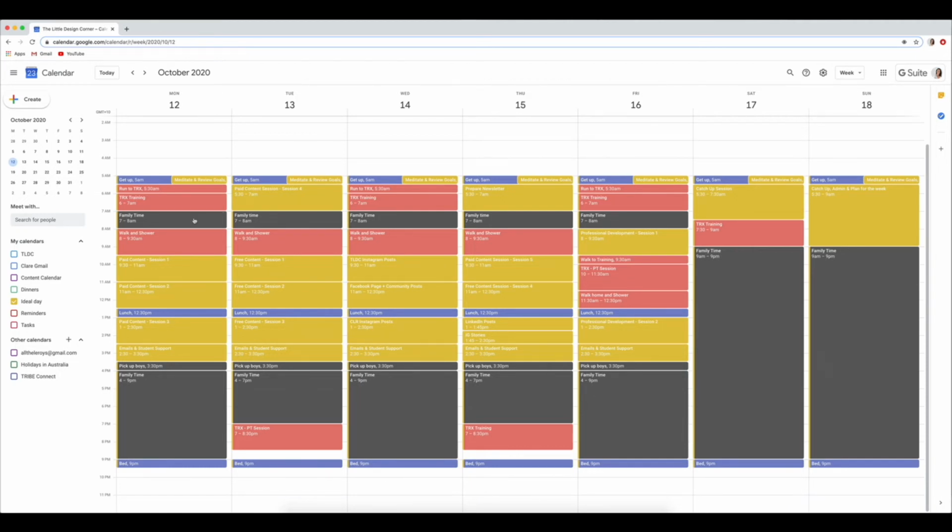So yeah, health is my second priority, and that is what the pink is. The purple is just like lunch and bedtime and getting up time, so that's not really relevant. And then yellow are my working hours. So I break my working hours down into